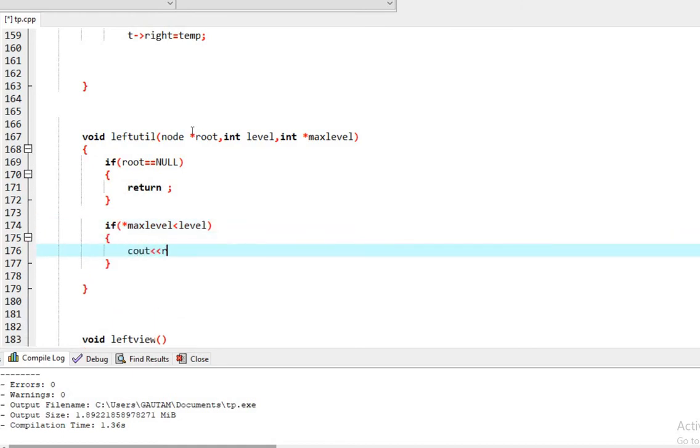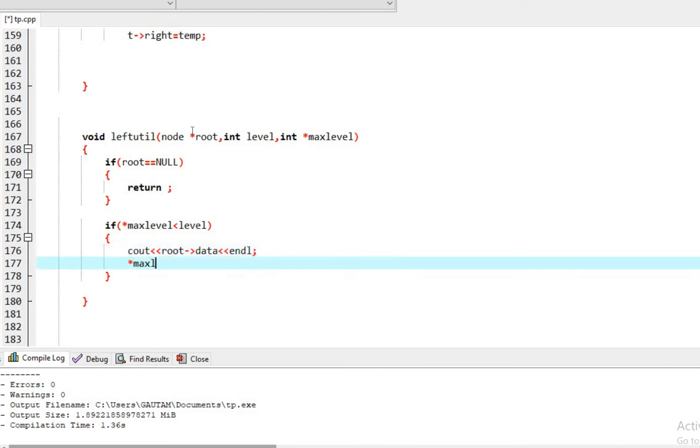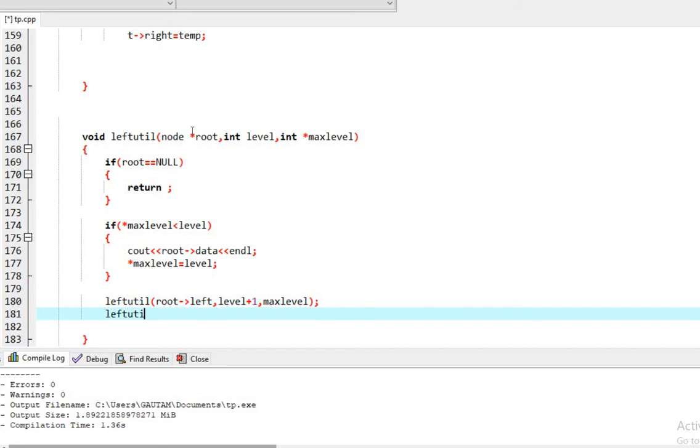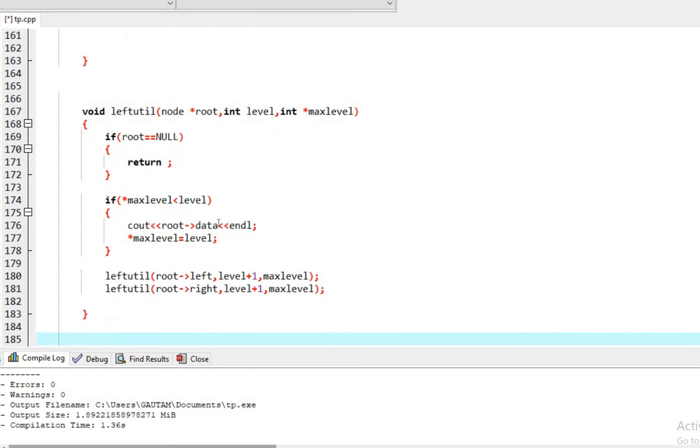If it is true, I'll print the data and assign max level to level, and I'll call this function recursively, once for the left side and again for the right side. Right, so this is the function for the left view.